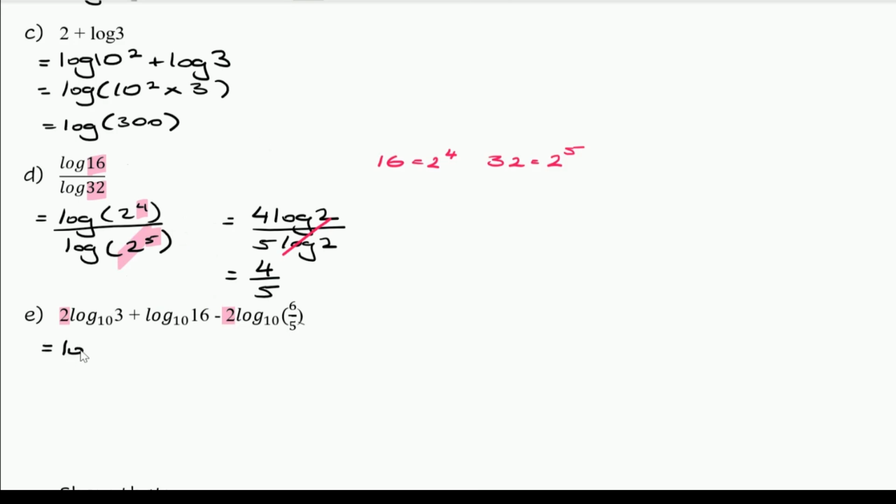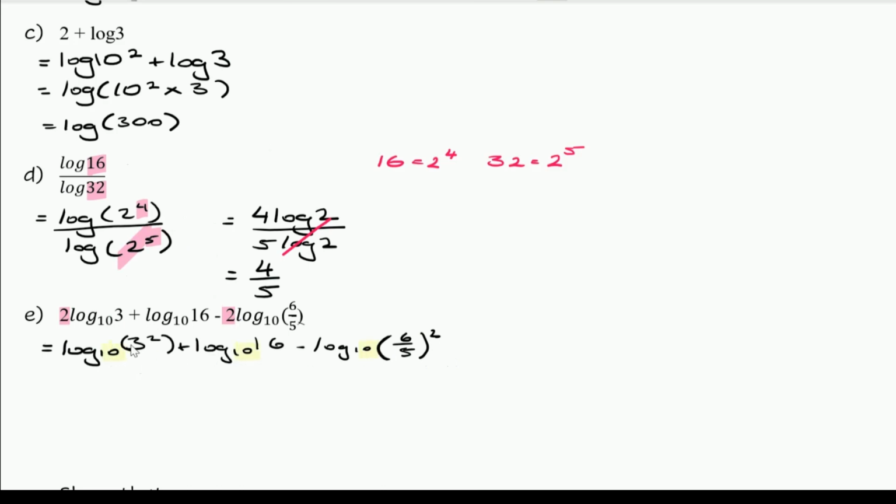So this can be rewritten as log base of 10, and I've got 3 to the power of 2, plus log base of 10, 16 still, and I'm going to take away log base of 10, and I'm going to have 6 over 5. That's going to be all squared. Now, as you can see here,